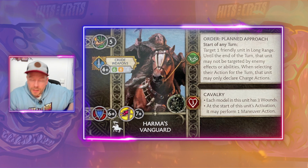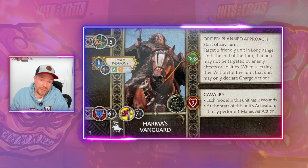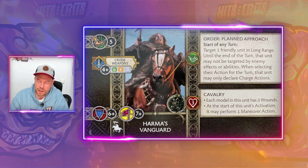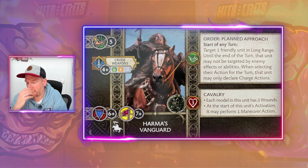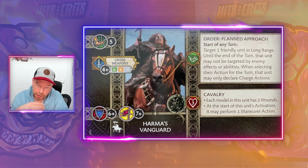But again, to Planned Approach. There are basically two ways of playing that. You could use it defensively to block off or soften up some bad charge, or some charge that goes into your mag or your really important units. You could soften that up with Planned Approach, because it will shut down stuff offensively, but it will also shut down stuff